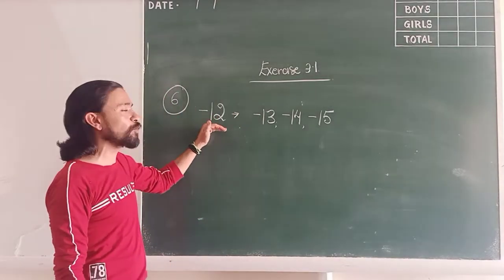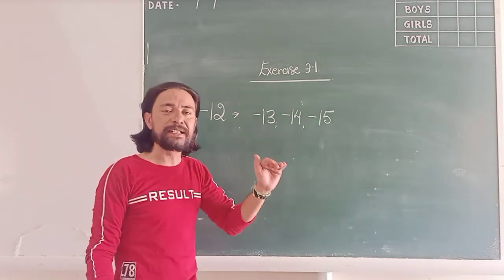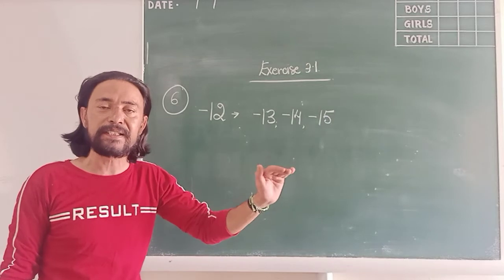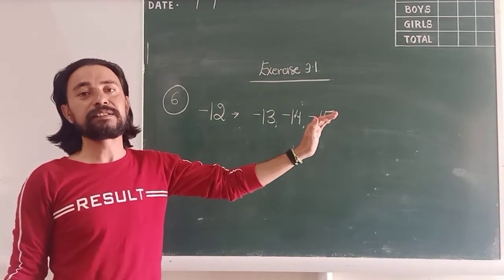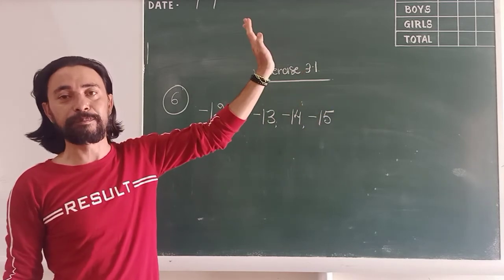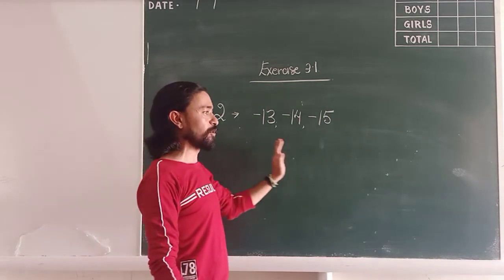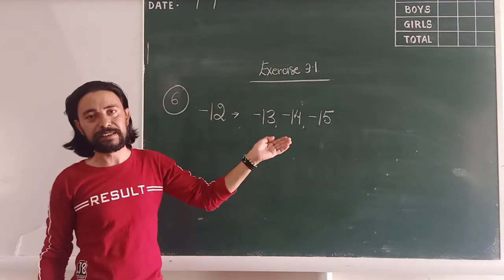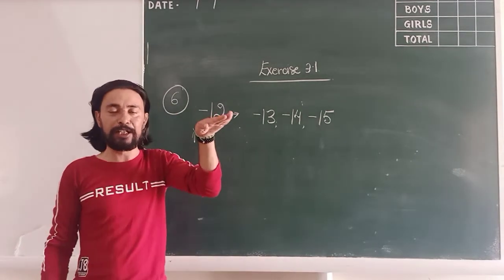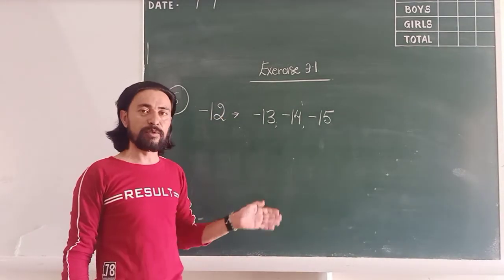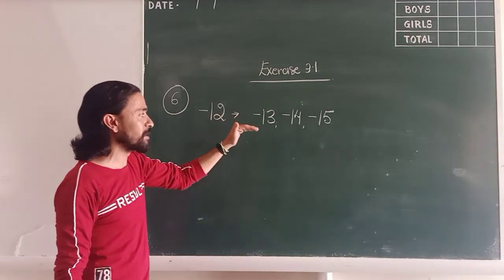That means the numbers that would be greater than minus 12 would be minus 11, minus 10, minus 8, minus 7, minus 6, minus 5, minus 4, minus 3, minus 2, minus 1 and 0 and all the positive numbers. So I would have to move closer to the 0 for the value to increase. In negatives, away from the 0, value decreases. Closer to the 0, value increases. So numbers that are smaller than minus 12 are minus 13, minus 14,